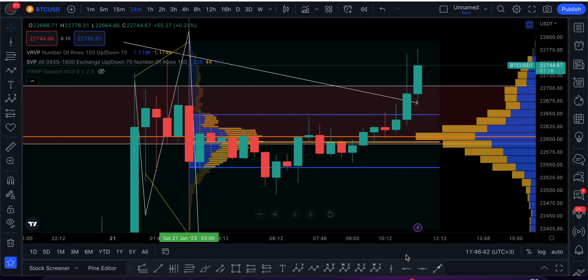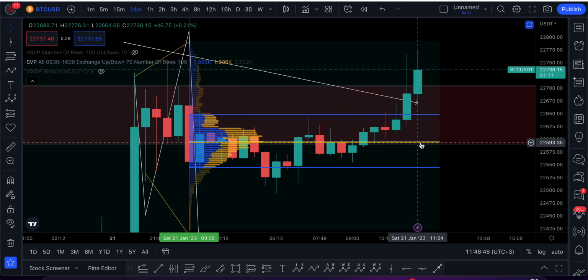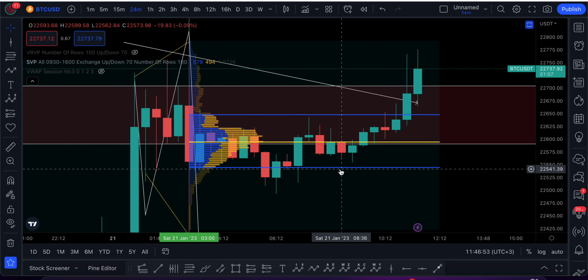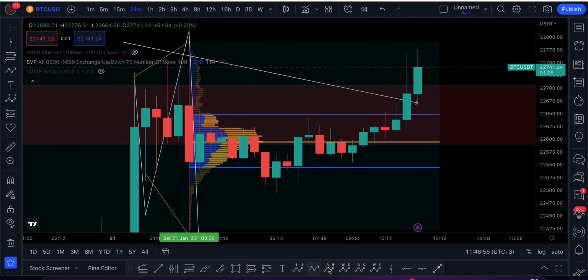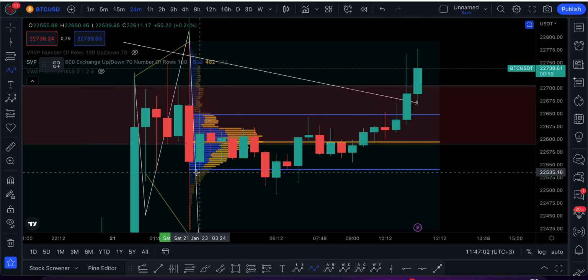If you don't understand this indicator, the yellow line is the POC. Let me remove one indicator here so that it is clear. So we have the POC, which is the yellow line, and we have the value area high and value area low. As you can see, we started our day. Let's see, how did we start our day? Okay, so we started